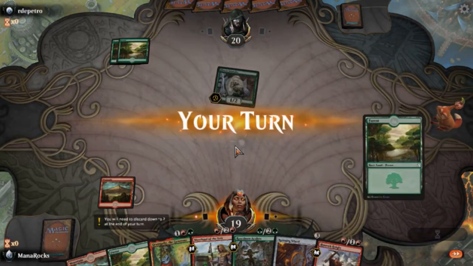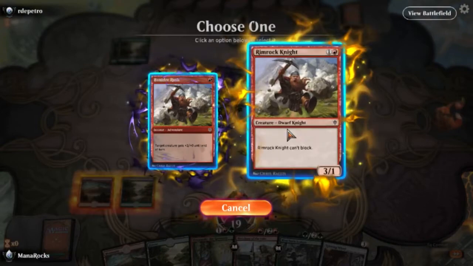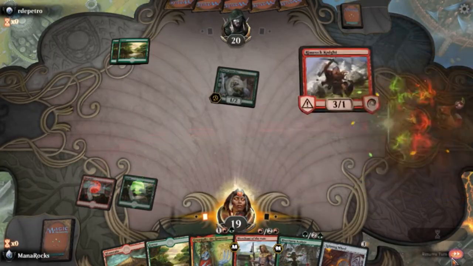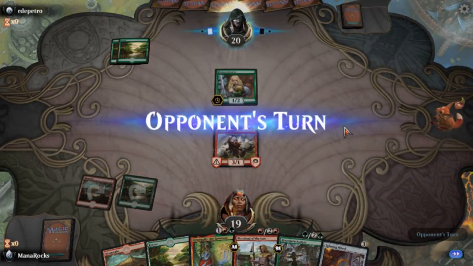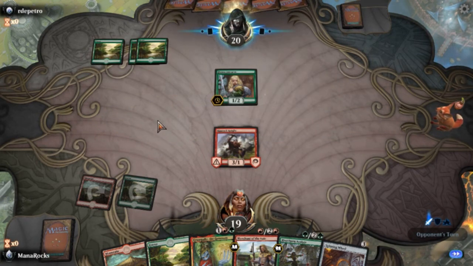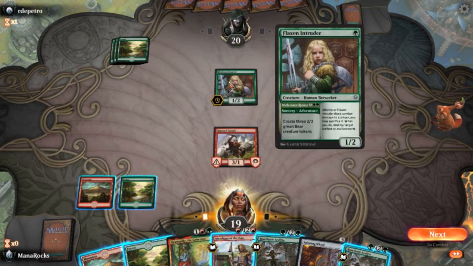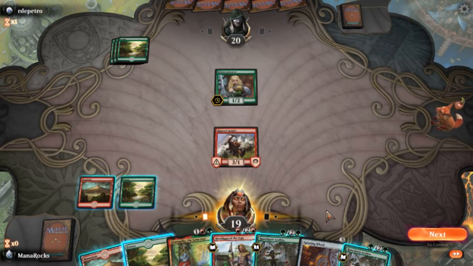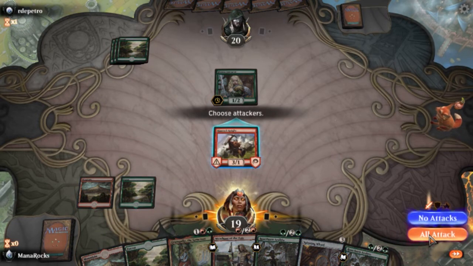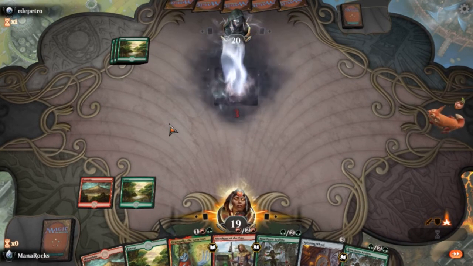I'll probably just play Rimrock Knight here. My 3-1 can trade off early, that's fine. The name of the game is just to kind of trade resources until we hit a Garruk. Opponent possibly mono green. There are a lot of mono green decks. I will attack, and my opponent can decide whether to block that or not. Not super concerned either way. If they use a combat trick, I'm actually pretty happy. Nope. Alright, so